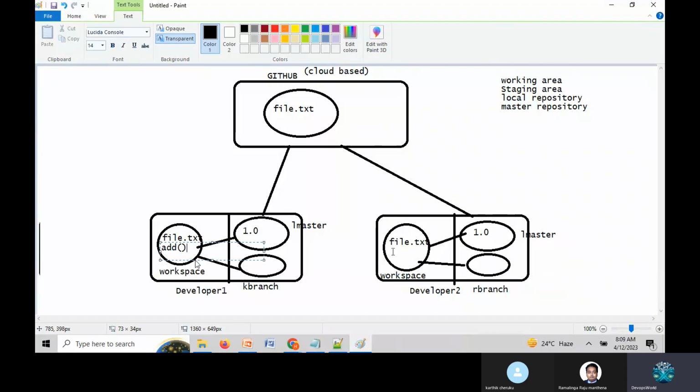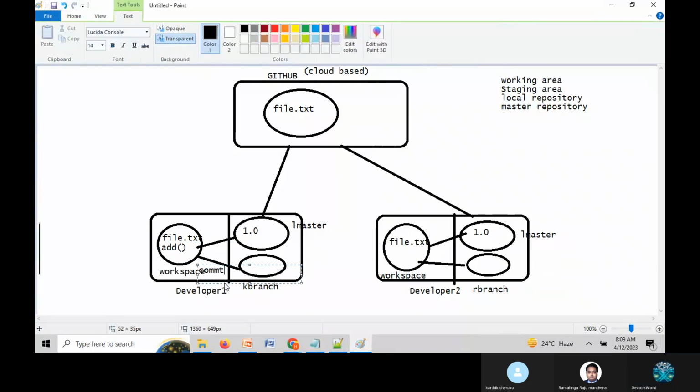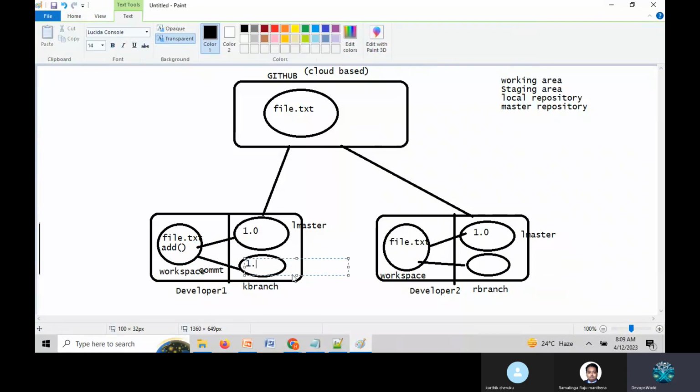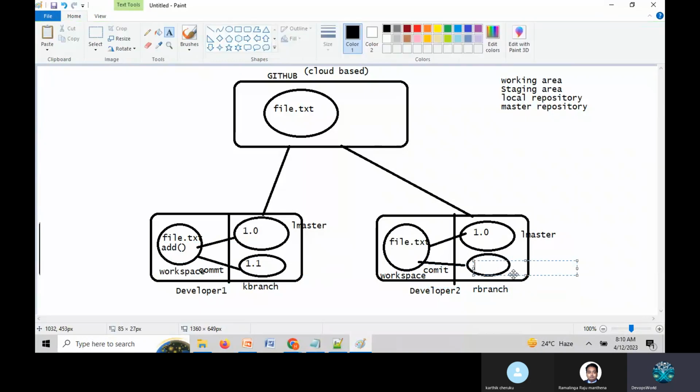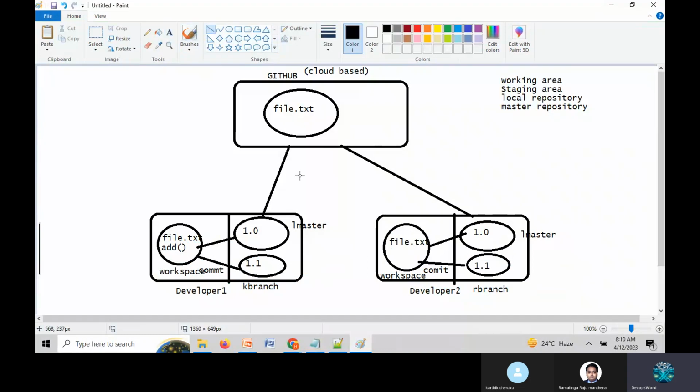Then the staging area, then the local repository. When he commits, the version in the local repository will be 101. In the same way, Ram also commits, and the version will be 101.